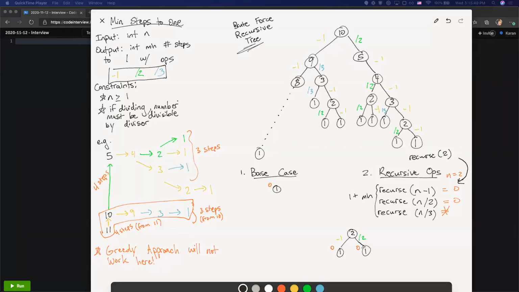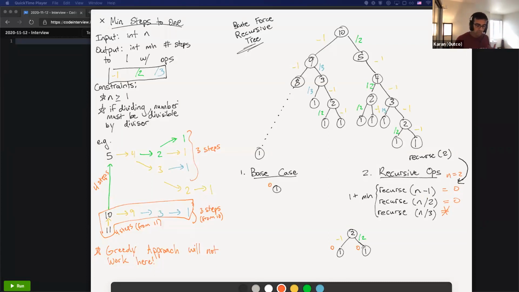Oh, yeah, that's true. Right? So the number of steps that we took to get to this destination, that's fine. Now we need to count this act of choosing to subtract 1. That step itself is going to be an additional step. Any of these 3 steps that we choose is going to be an additional step. So we'll say, okay, that operation is going to be 1 additional one. So we'll do 1 plus any of those lower operations, and that's going to get us a result of 1 over here. So this is probably the hardest part of this problem, trying to rationalize this 1 plus operation,